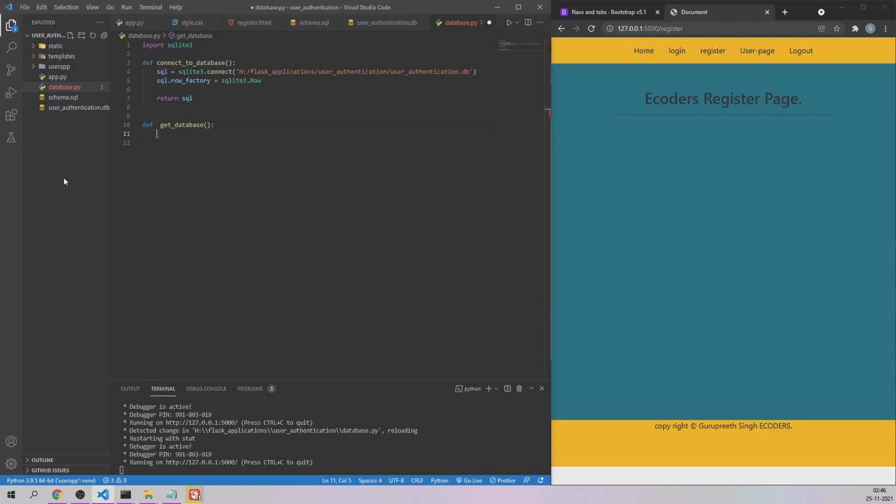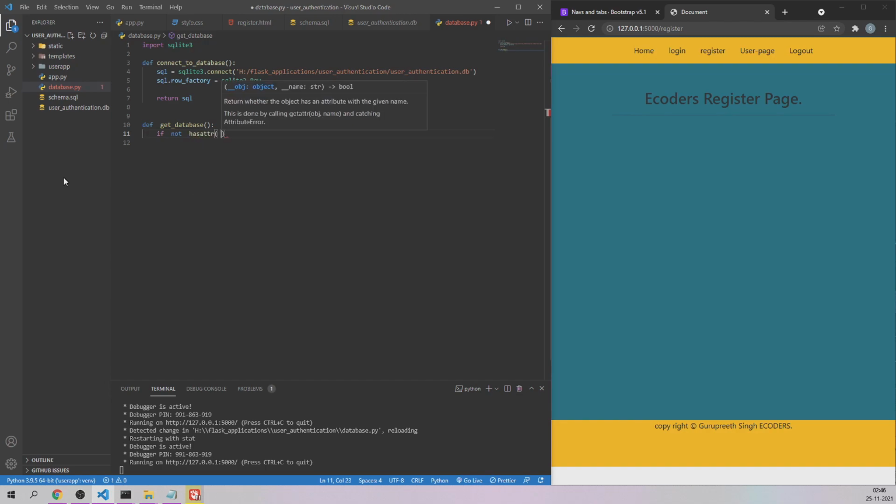And if no such database is created yet, I'll first use the not operator with hasattr.